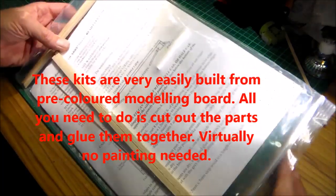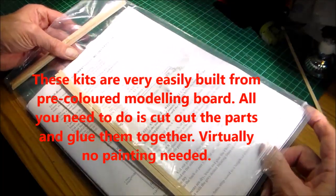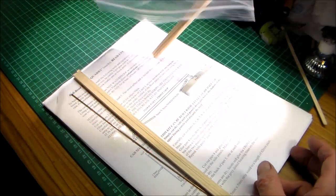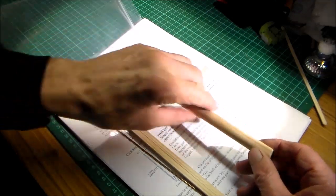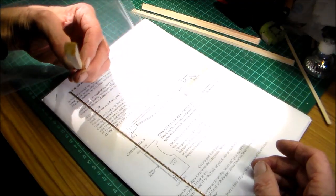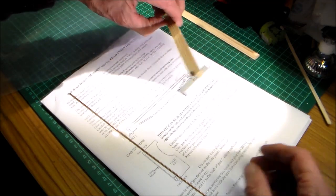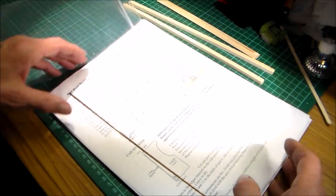What I've done is I've just opened the envelope, and inside is a plastic bag which contains all the required components for building the locomotive body. You have to put it onto your own chassis. And so there's a piece of quarter round dowel, a couple of pieces of probably quarter inch square, a piece of brass rod, some tubing,